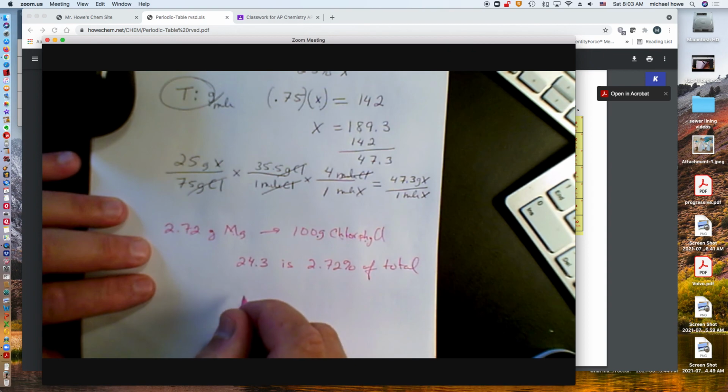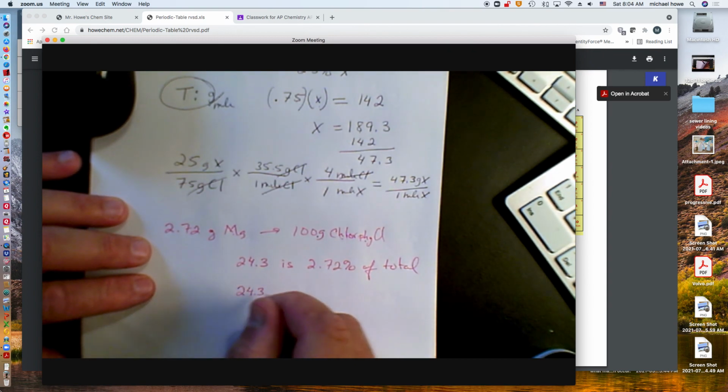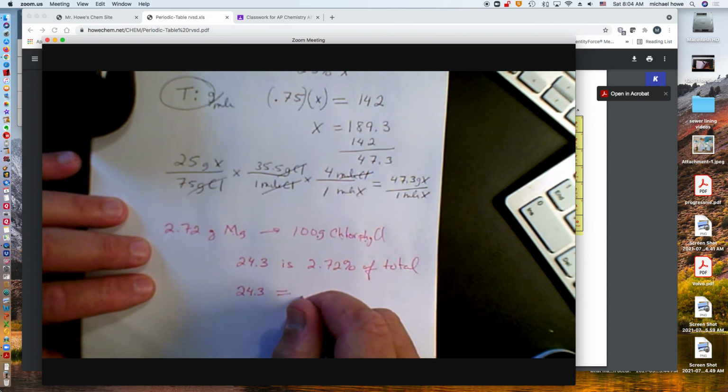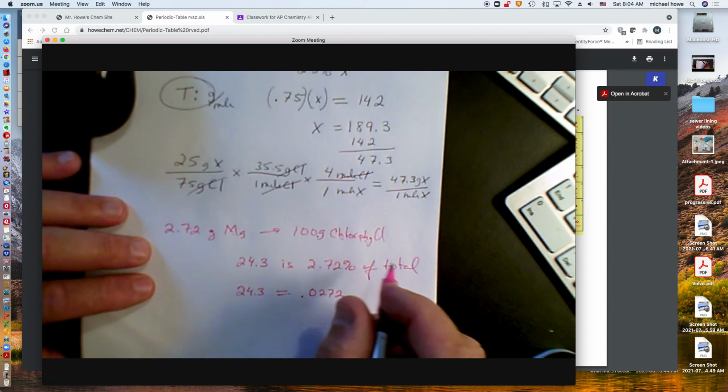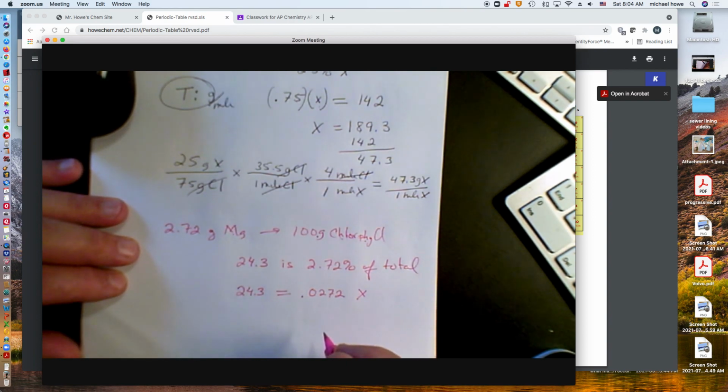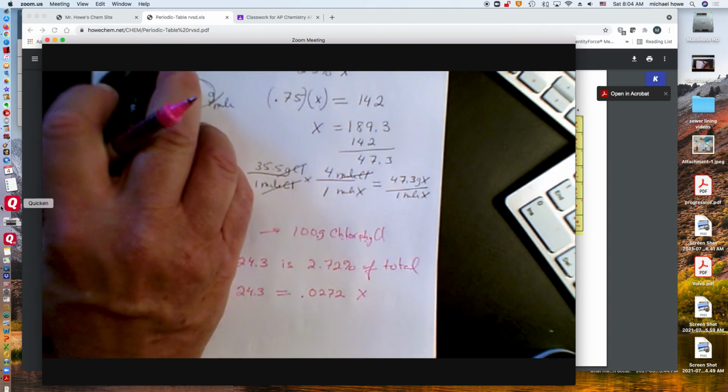Mathematically, you'd write 24.3 equals, in math language, 2.72% would be written 0.0272, you divide by 100, like you're doing a percentage of a number, of the total. So 24.3 divided by 0.0272